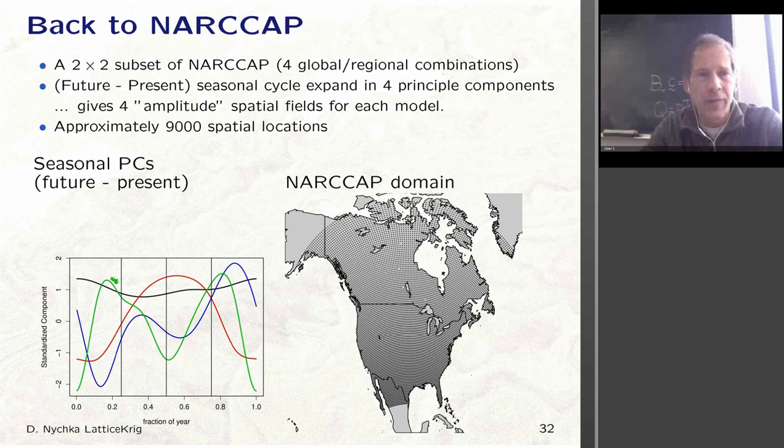So if the difference in seasonality is simply a level shift, actually a warming between present and future, it would emphasize this first principal component. The second